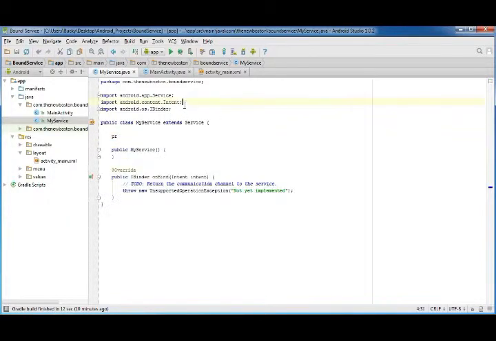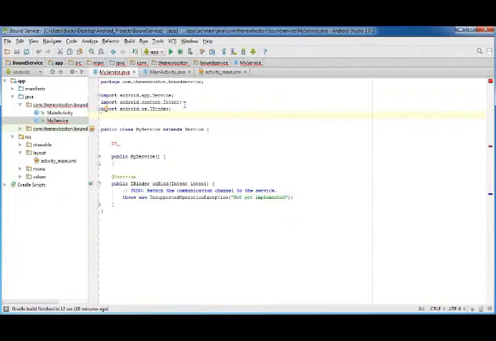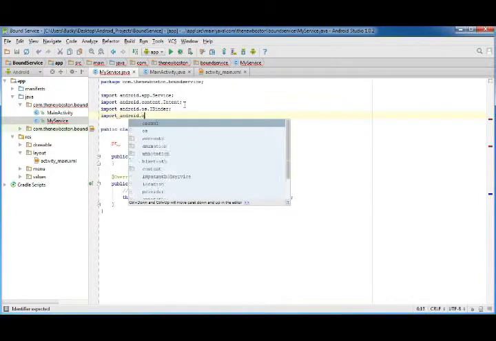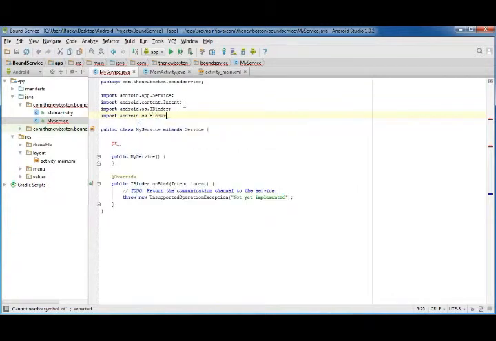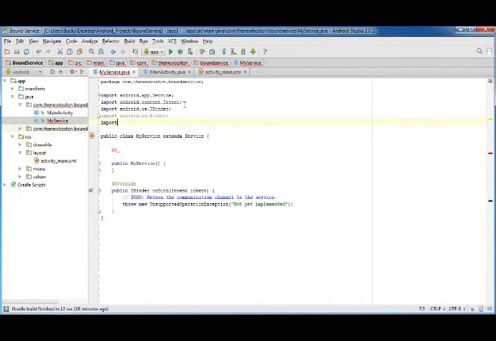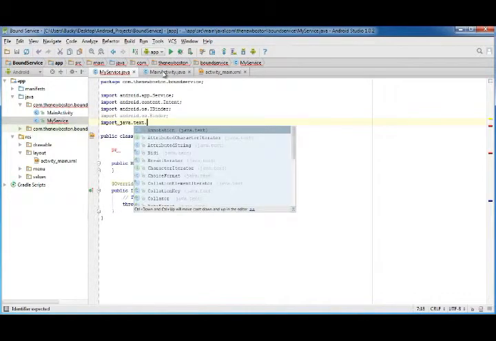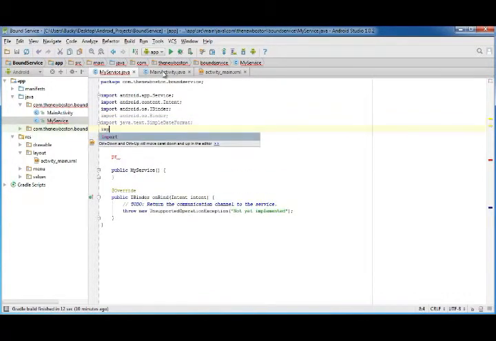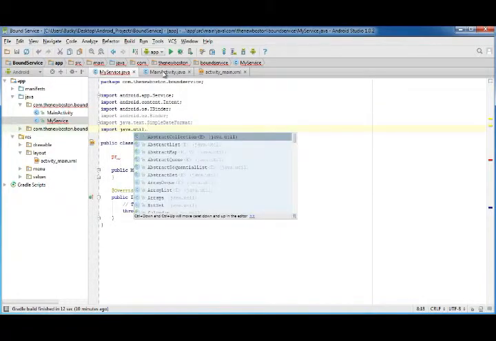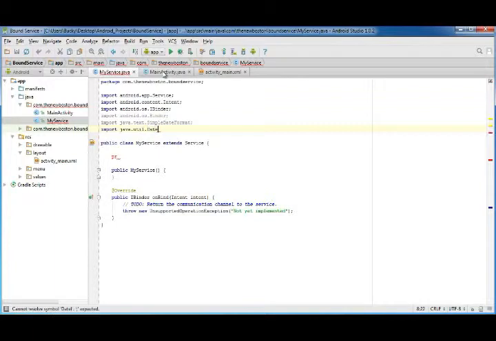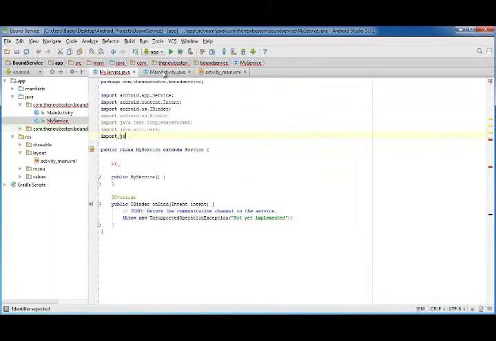Now we need to import some stuff first. Alright, so import android.os.Binder, and of course we need to import all the stuff to give us access to change the time. So that is just import java.text.SimpleDateFormat, import java.util.Date, and import java.util.Locale, whatever. Alright, so now that we got all of our stuff that we're going to use imported,